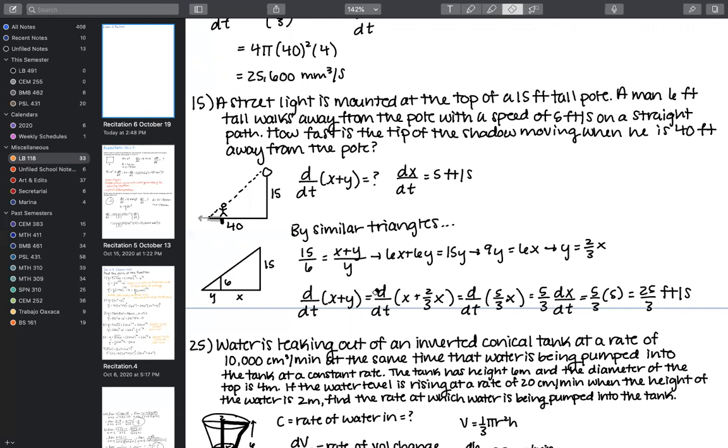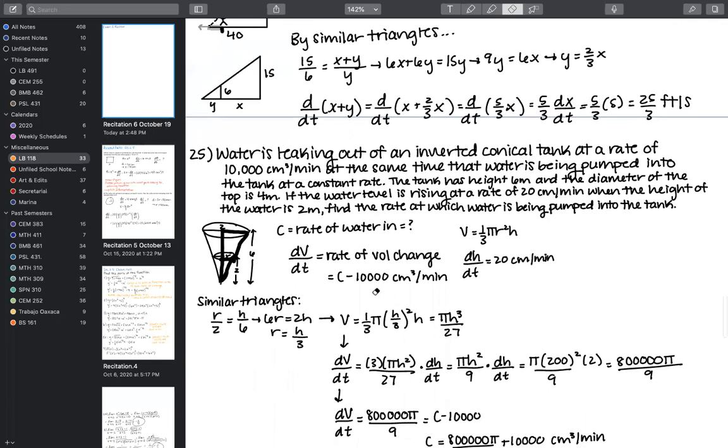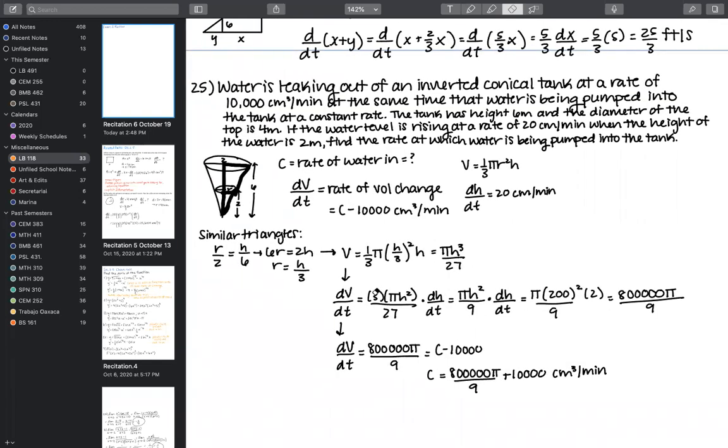Sorry, after she takes a photo on 25. I'm done. 25. Yep. All right. Where did you get 200? So that's a conversion. I believe I did it from 200 centimeters. Wait, let's see. So this is dh/dt. Yep. So I went from centimeters to meters, I believe. Yeah. That makes sense. Centi is 100.